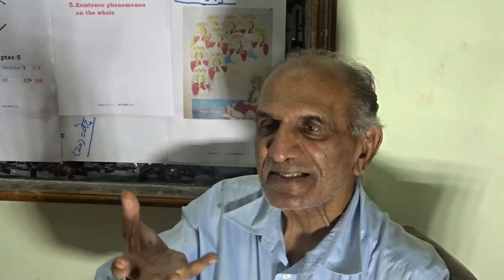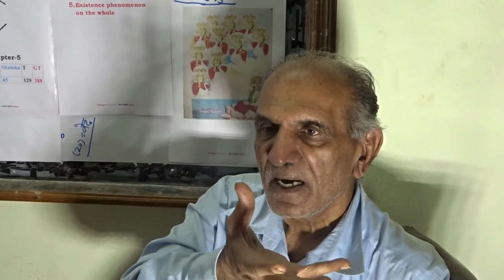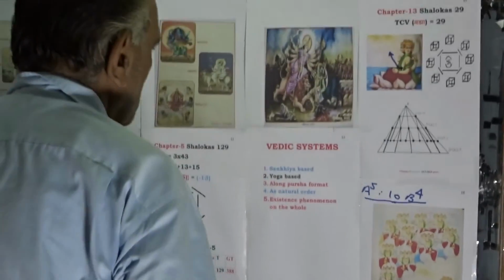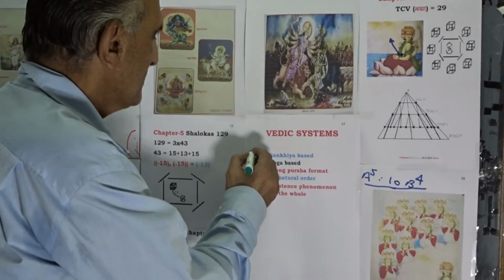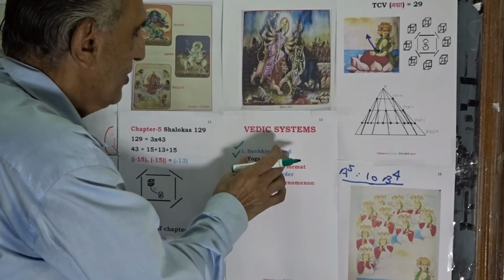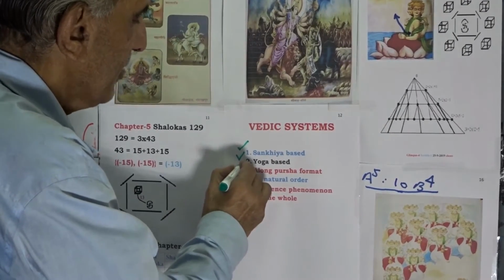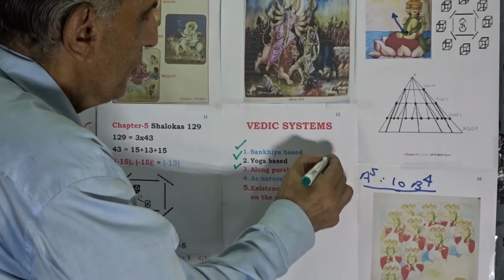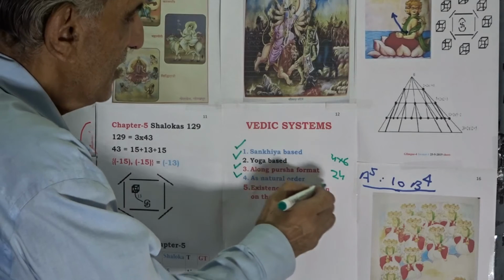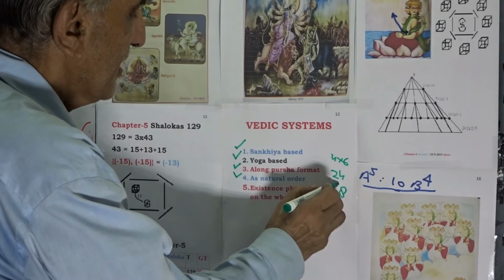Therefore, Vedic knowledge is to be taken as Vedic systems. So, Vedas as knowledge are having its own unique system. These unique systems, the Vedic systems, are approached in many ways. Then the first way is to approach it as Sankhya based, so in terms of number values. Then it is approached as a yoga based, as geometric formats. Then it is based along a Purusha format, means of value 24, means of 4 cross 6, means of a creative dimensional frame. Then it is taken as a natural order, means 8 space playing the role as Asht Prakriti,